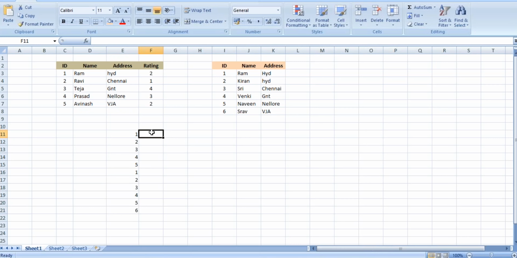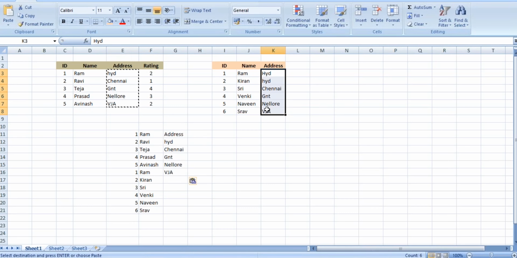Now you can observe that I want to display all the results along with the duplicate values. What is the duplicate value here? The first record, Ram, is the duplicate value, but UNION ALL will not eliminate duplicates; it combines the duplicate records as well. UNION ALL returns the result sets of the two tables, but the column names should be the same. I don't want to use my rating column, because the columns should be the same in both SELECT statements. I can write the UNION ALL output here.